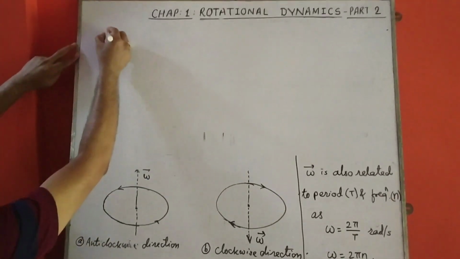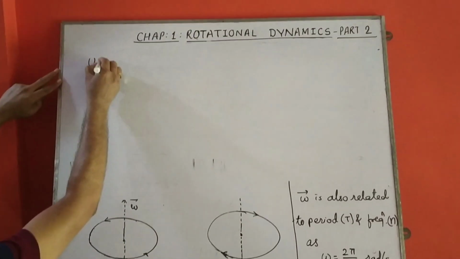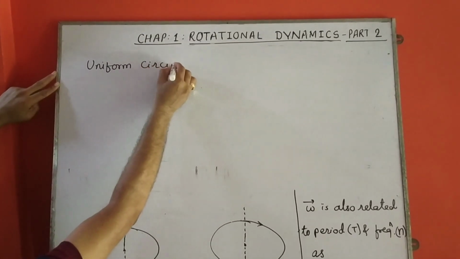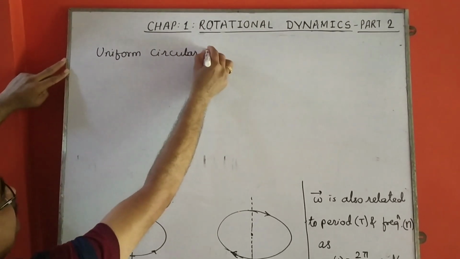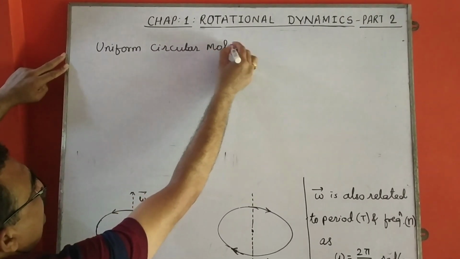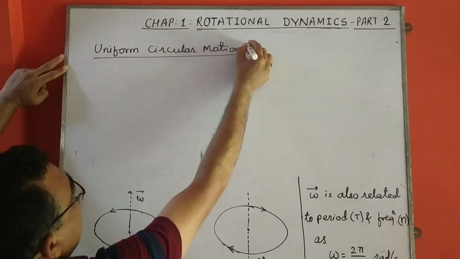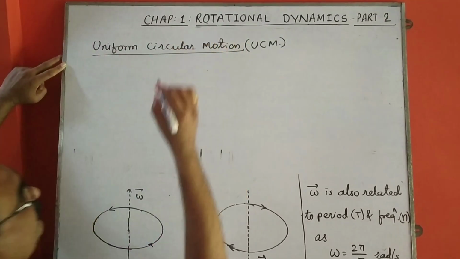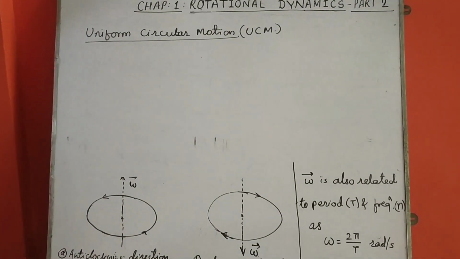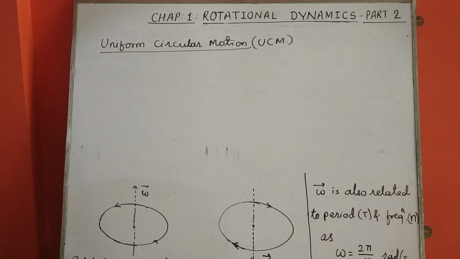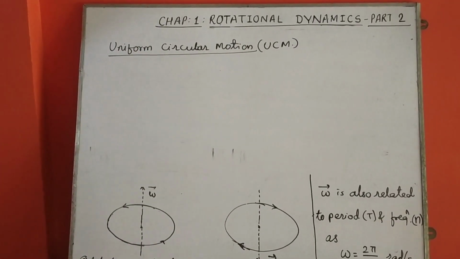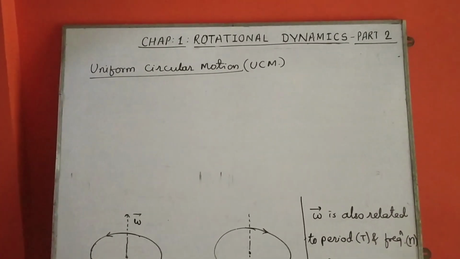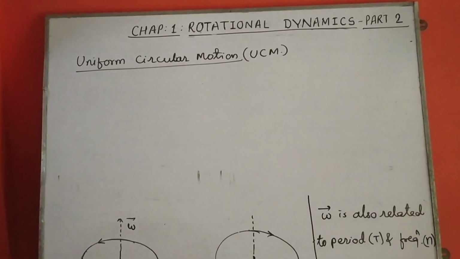Now another topic is uniform circular motion, in short UCM. Here the definition of circular motion remains the same, but the magnitude of velocity remains constant, or the linear speed is constant. So we can write: